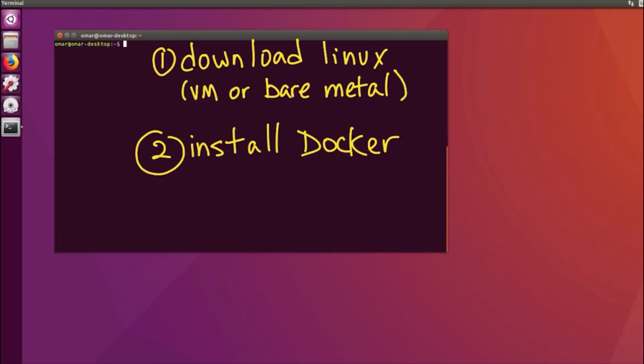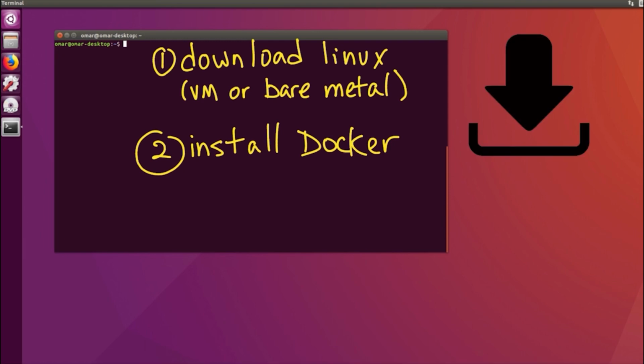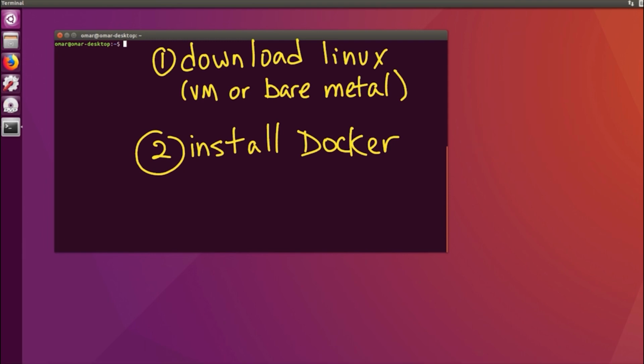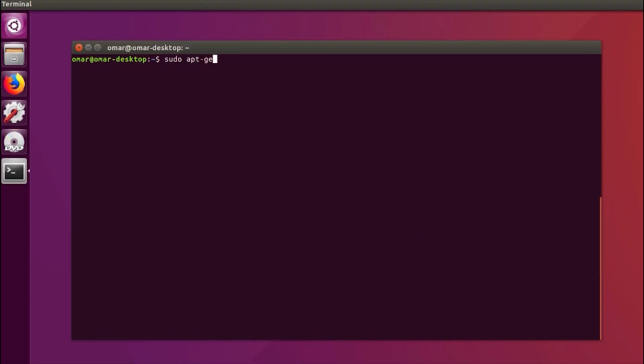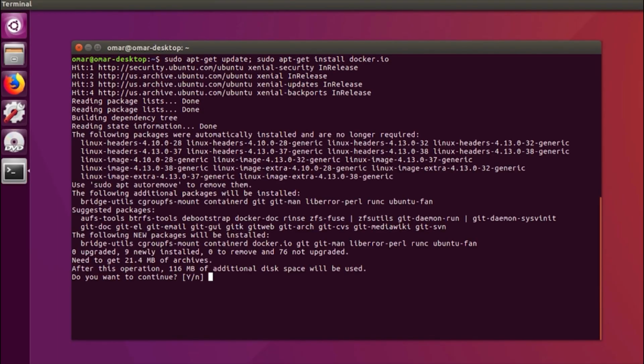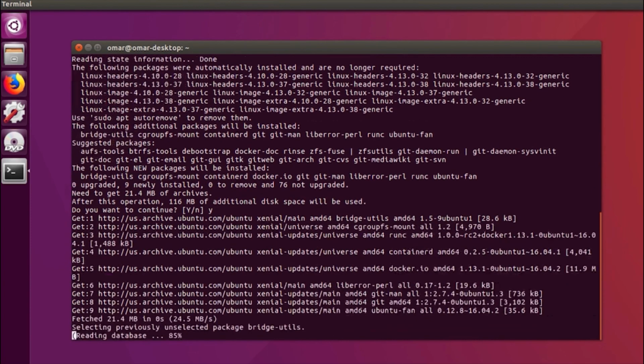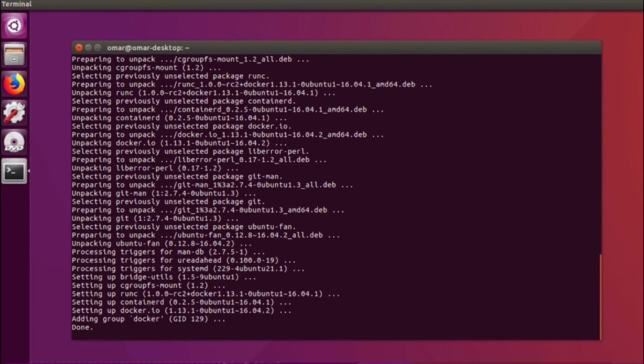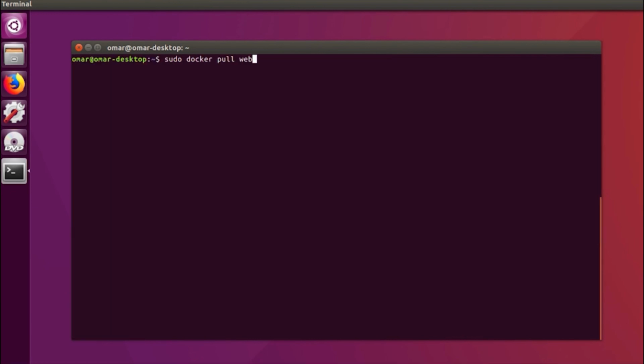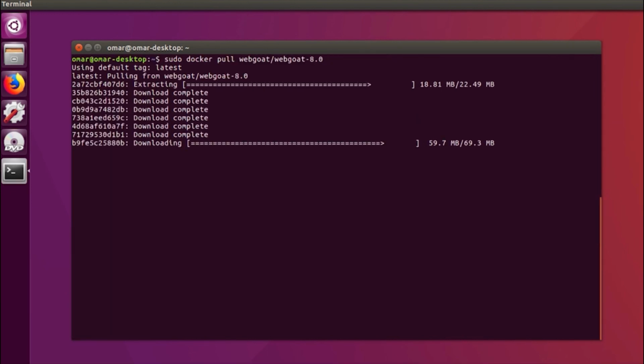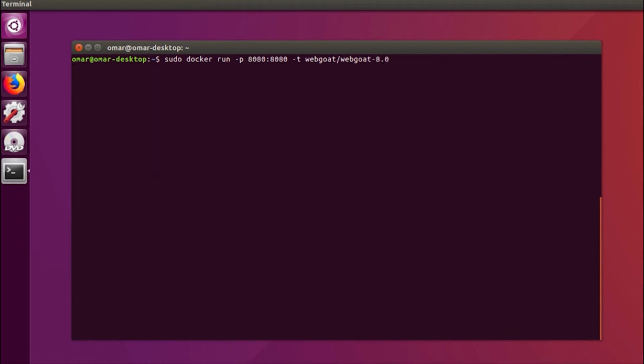Of course, this is not a course about containers and Docker, right? However, if you have never played with containers, I recommend for you to do two things. Download Ubuntu or any other version of Linux, and then put it in a VM. Then install Docker, right? As I'm showing here. This is a brand new installation of Ubuntu, so you can simply install Docker with an apt-get install docker.io. And yep, that's pretty much it, right? That command will install Docker, and then in there, you can, of course, install your own Docker containers. Can download a few.